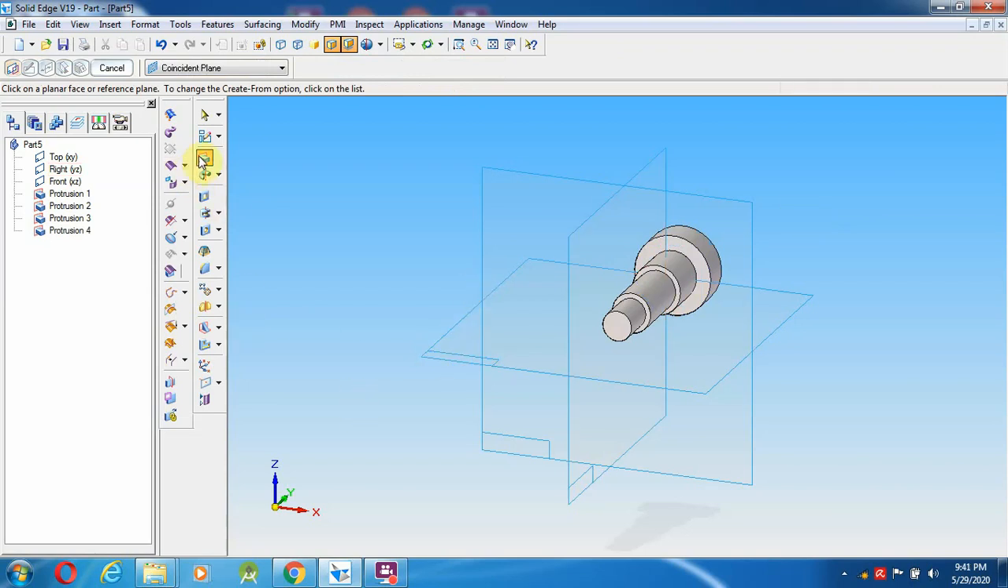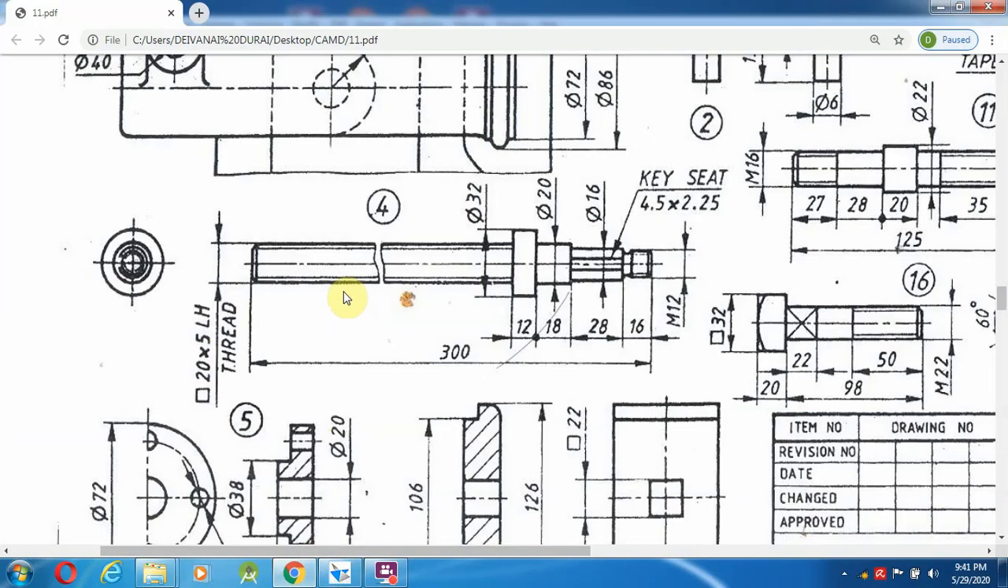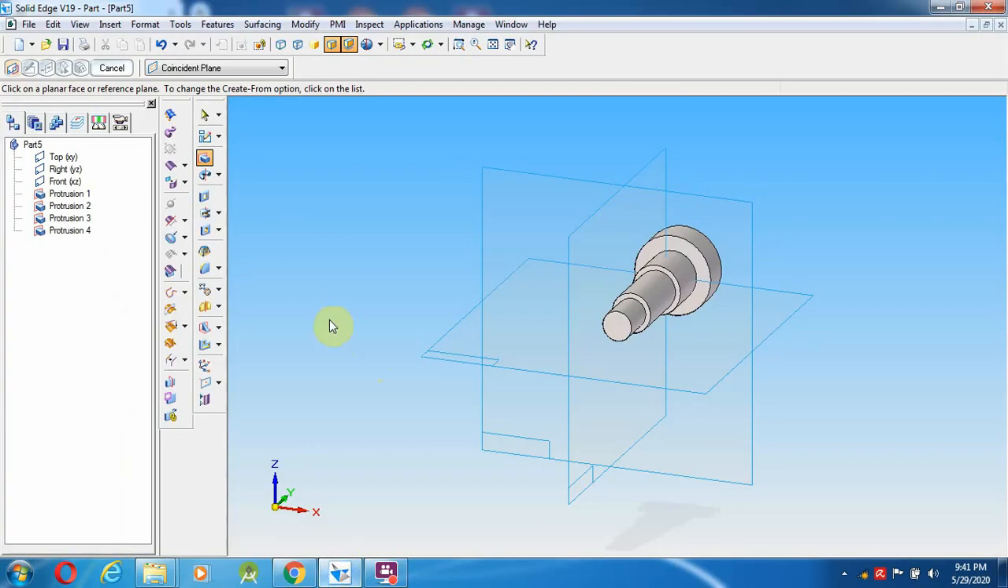After creating this, we will make the final one. Which is the final one? This 20 into 5 LH square thread. Go over here. What is the summation of this? Adding 12 plus 18, 30, 30 plus 28, 58, 58 plus 16, 74. So 300 minus 74. Even if you have doubt in these calculations, select